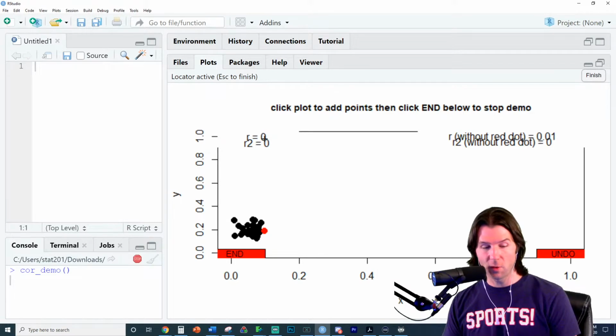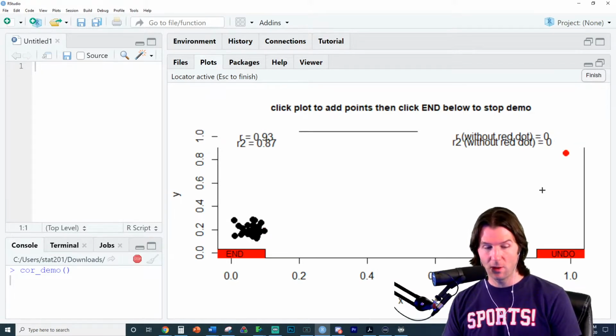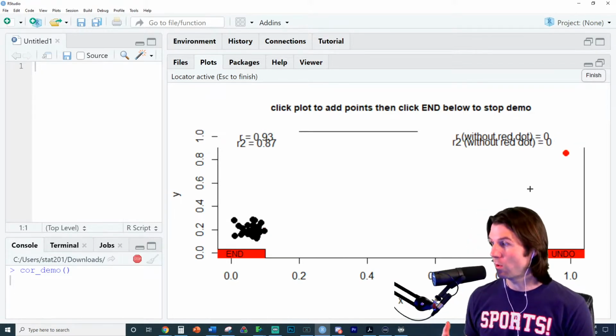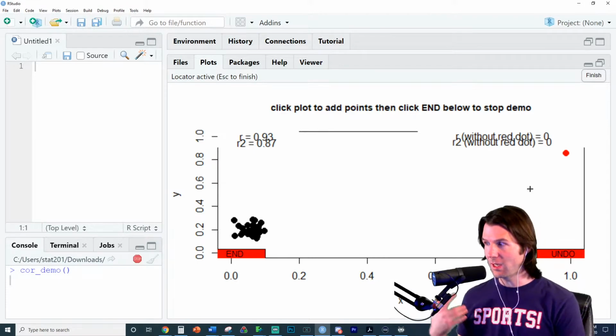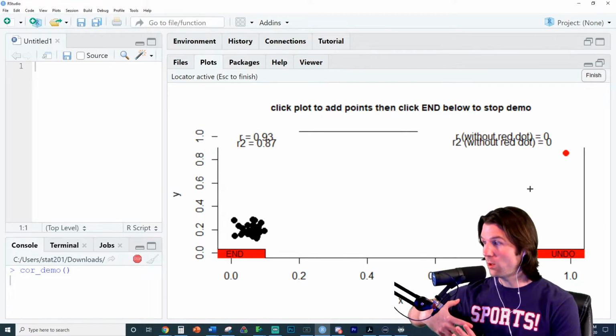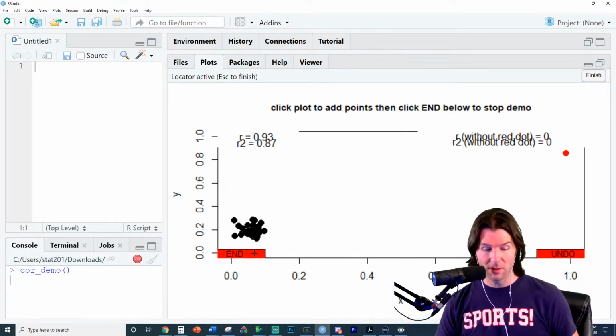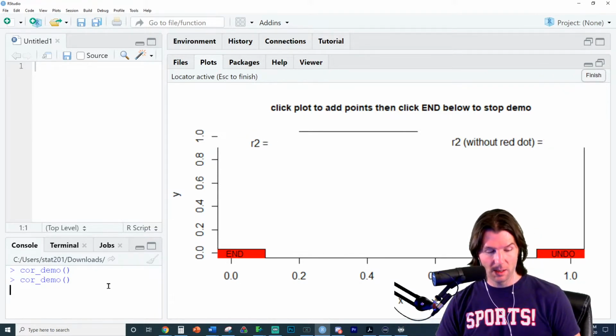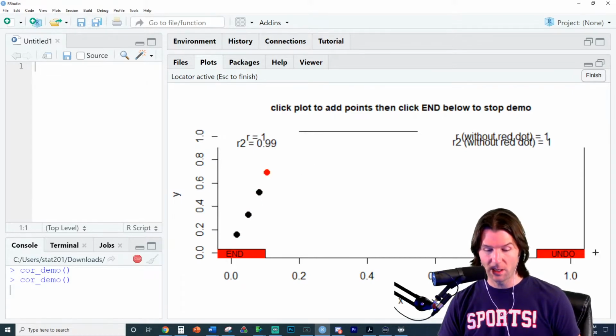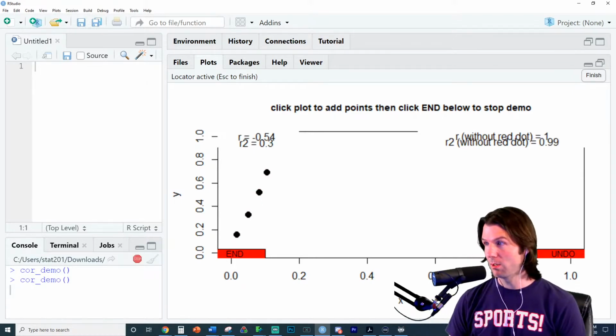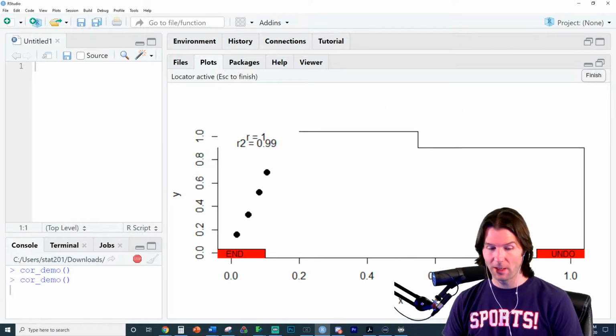And R is the value of correlation. But watch this. All of a sudden now we have a really strong correlation. So if you look at this, an outlier can drastically impact the value of correlation. It can make a weak correlation strong. It can also make a very strong correlation, like a correlation of 1, which is a perfect line, very weak or negative. I actually made it negative that time. Now the correlation's weak. I'll try to make it 0. It's kind of a fun game. Can you figure out exactly where 0 is?